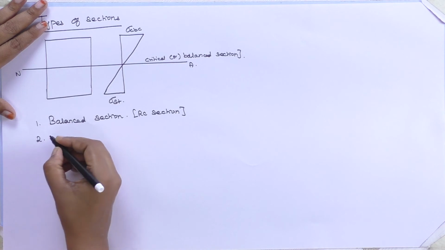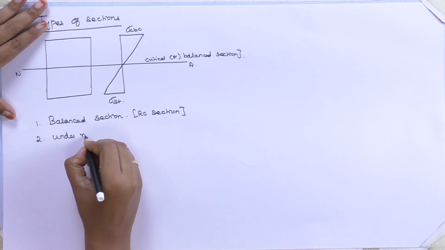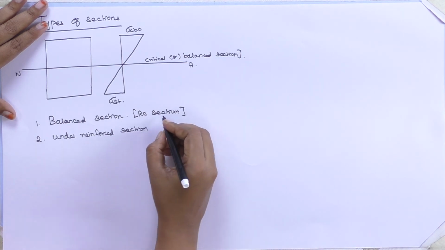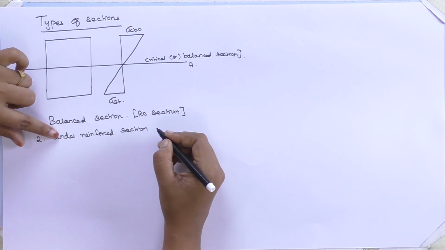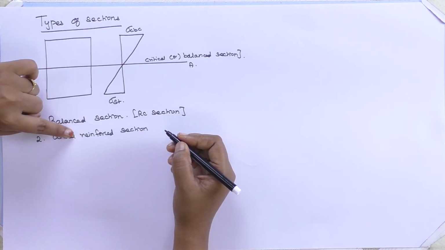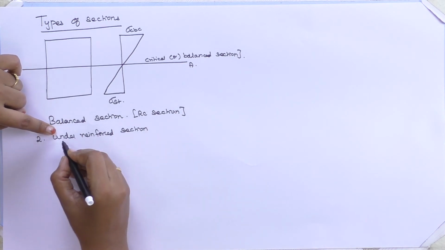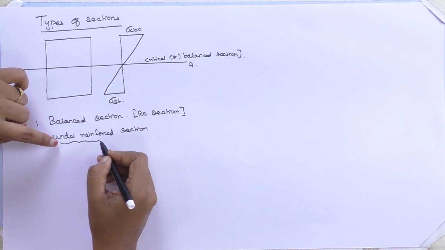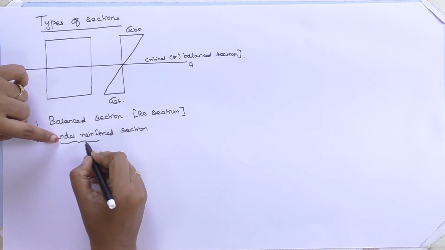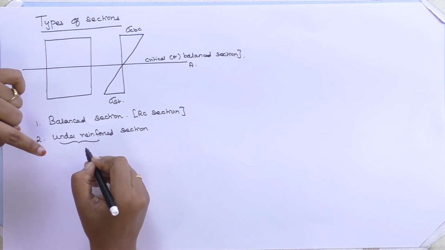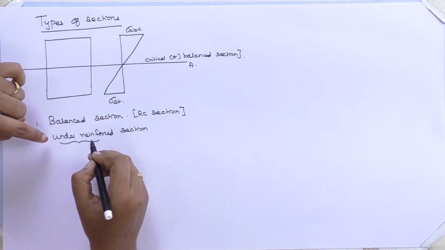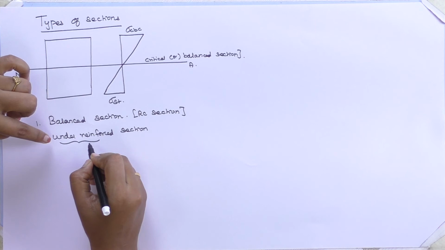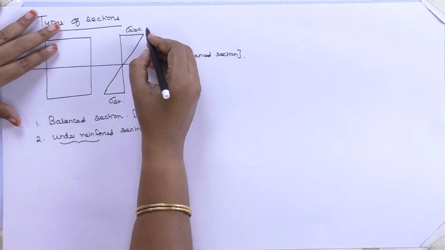Okay. Next one, under reinforced section. Here the name itself, it is under reinforced. It is not exactly balanced. The concrete is more when compared to the steel. We are putting less amount of steel for this section, so that when we provide less amount of steel, the steel will first yield, after that the concrete will yield. So the steel failure will proceed faster than the concrete, because it will give you some warning before failure of your structure. The stress curve for this is